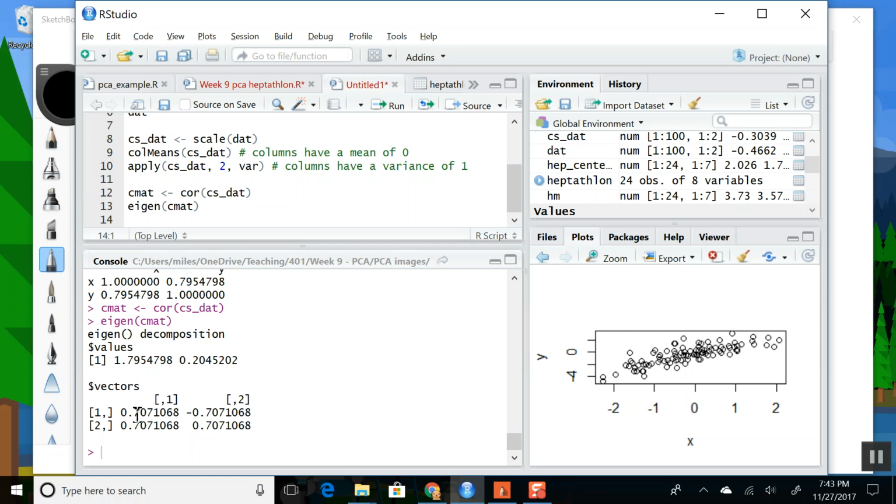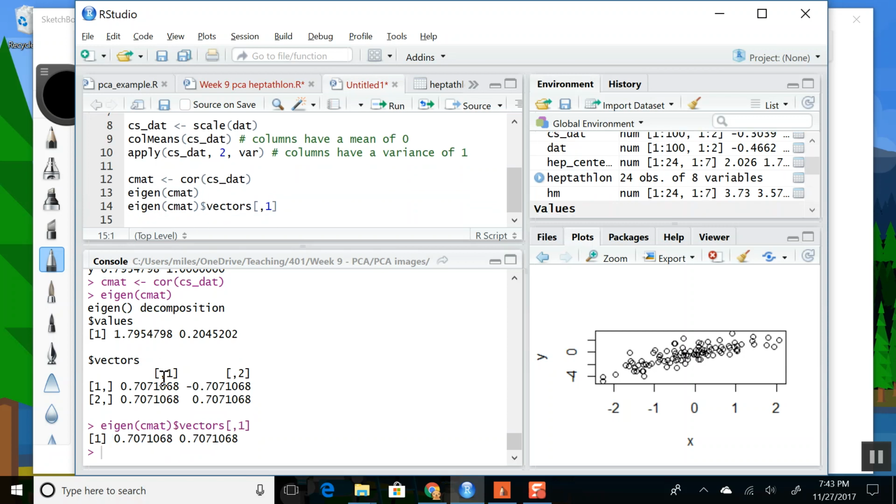It says I want 0.707 and 0.707 of each of these things. So I'll take the first vector, and if I multiply that by my data,